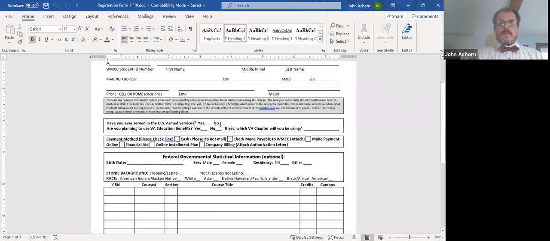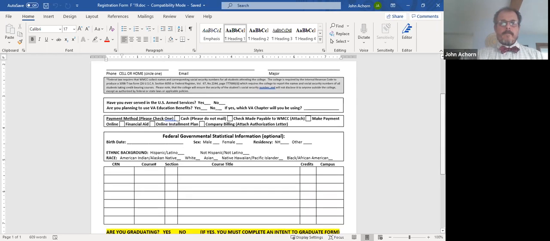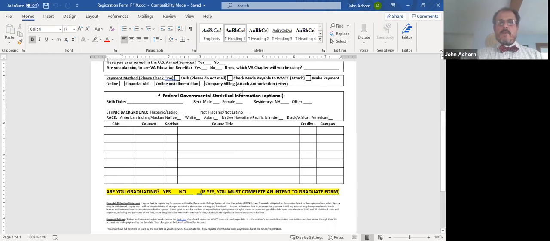And then you can just check these off. You know, if you've been in the armed service, you're planning to use VA educational benefits. And then payment method, you know, again, how are you going to pay? And the federal government statistical information, which is optional, kind of your birthday, your gender, your state of residence, ethnic background, race, that kind of stuff. Okay, so here's what you're going to be filling out when you're doing